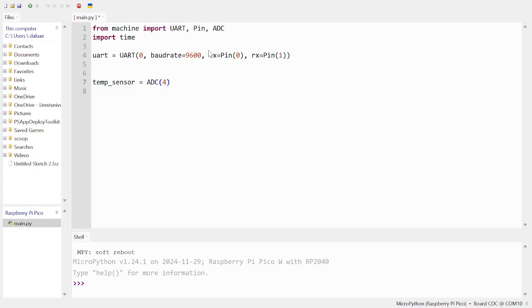It's important that we have this one here. Then in a while loop, I will start with reading the value, and I call it adc_value, temp_sensor, and then I use read_u16,